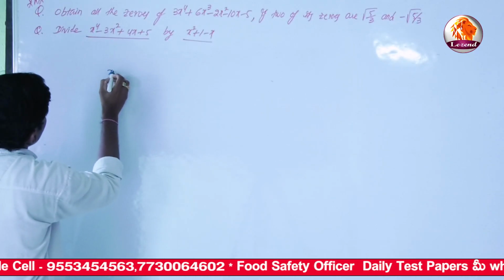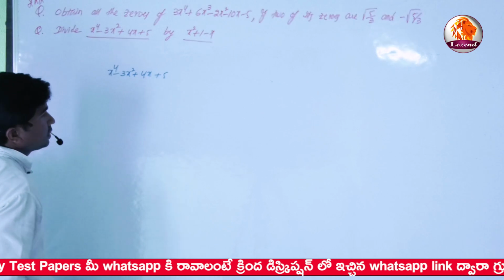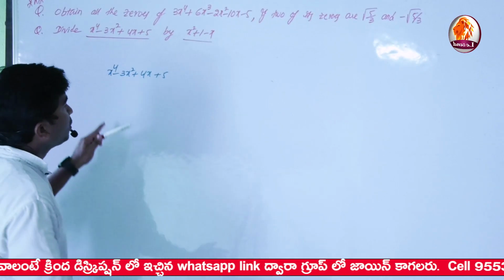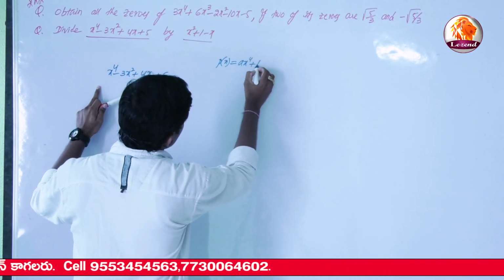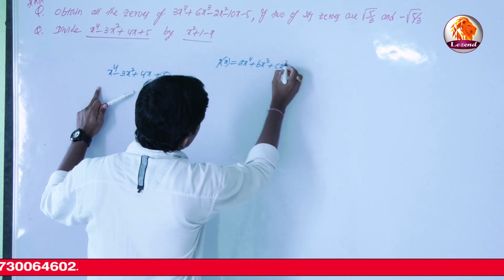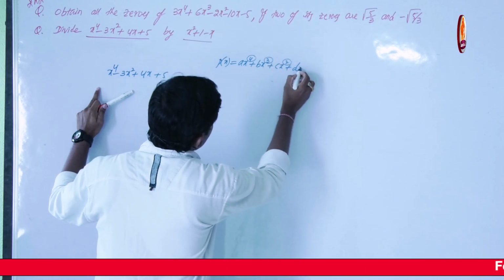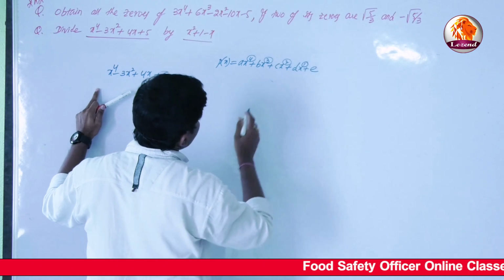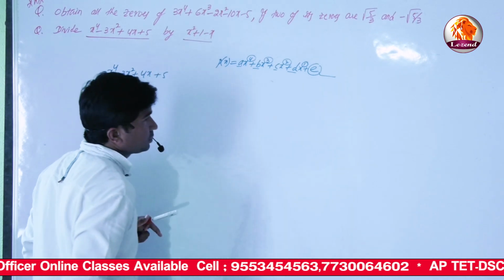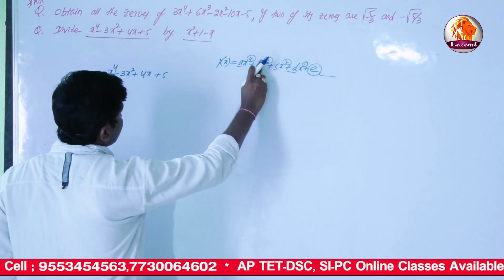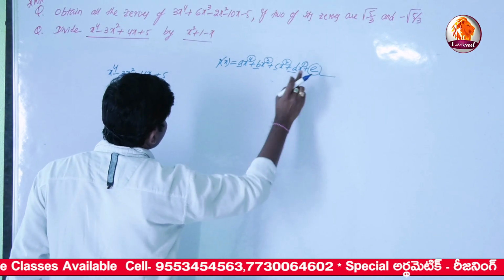So take x power 4 minus 3x square plus 4x plus 5. For the biquadratic polynomial, the standard form is p of x is equal to ax power 4 plus bx cube plus cx square plus dx plus e. The powers are 4, 3, 2, 1, 0. Here a, b, c, d are the coefficients, and e is the constant term. The highest power 4, 3, 2, 1, 0 correspond to biquadratic, cubic, quadratic, linear polynomial, and zero polynomial.